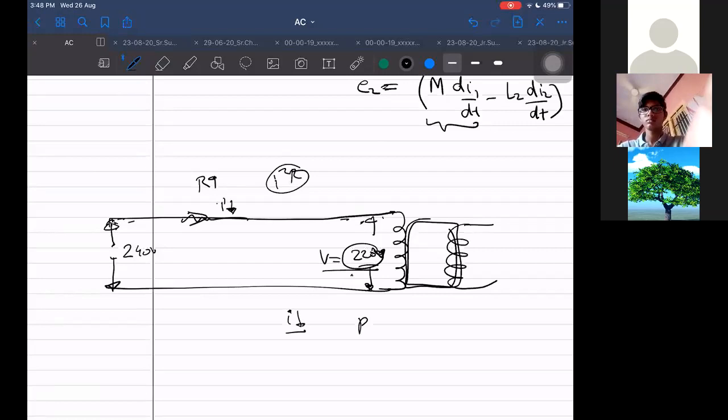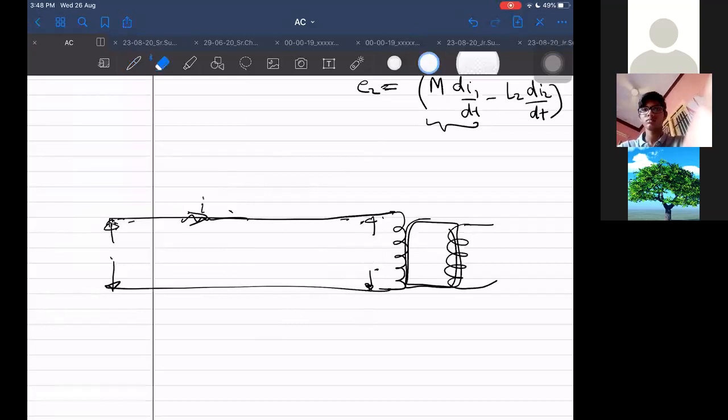But I want power to be high. At the same time, I want the current in these long transmission wires to be less. Then I have only one option. Power should be high only, power should not become less. Why should power not become less? Because in our houses, we are consuming electricity in so many different ways. Fan, AC, so many things. So we have a lot of energy needs, so we need a lot of power on the secondary side. So if secondary side power is more, then input side power also should be more.